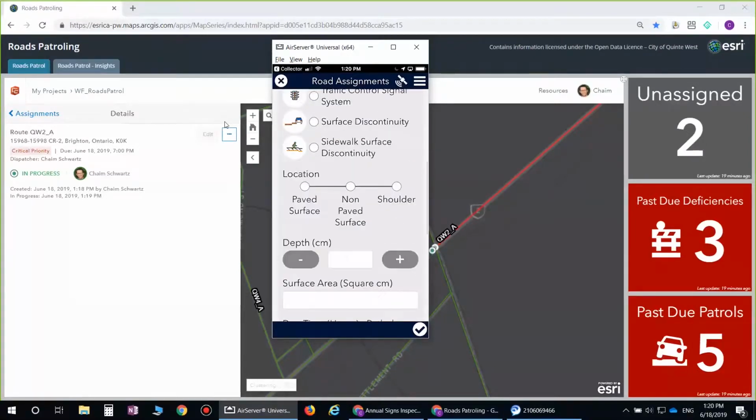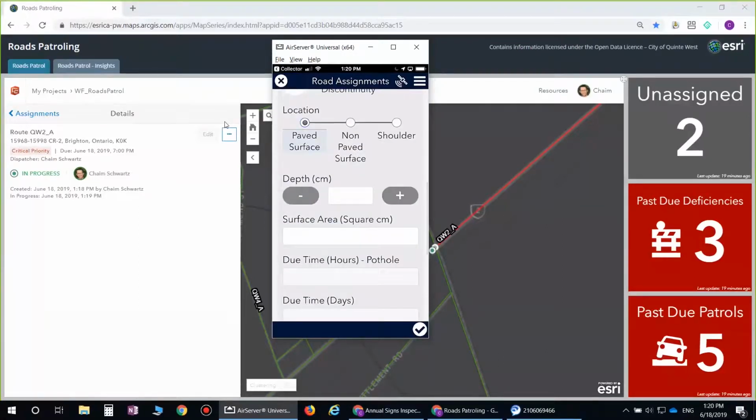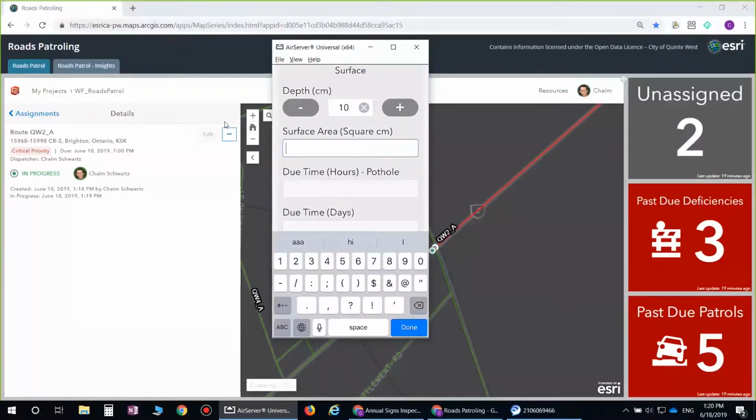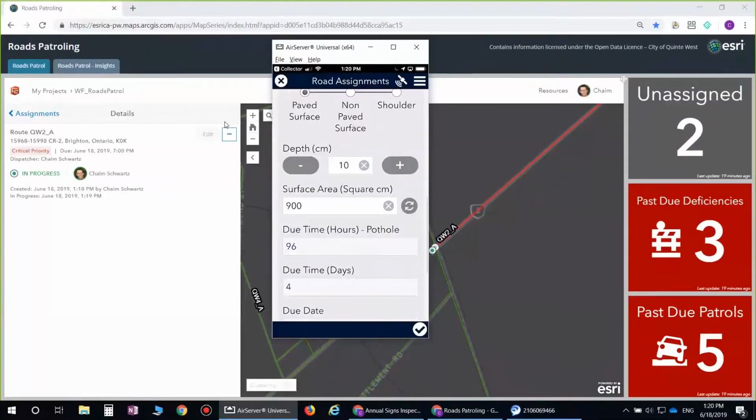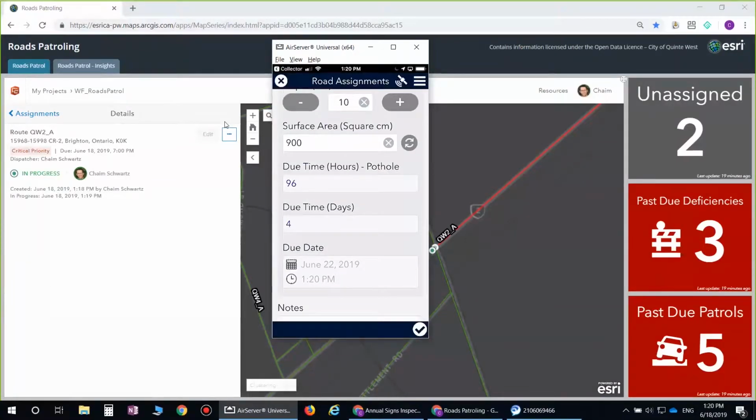And then I have a specific set of questions for the pothole, right? So the location on the right-of-way is on the paved surface. The depth of the pothole in centimeters. Let's make it 10 centimeters, and the surface areas. This is all information required to schedule the due date. Let's make it 900 square centimeters. And with this information, I have a calculated due date in 4 days, or more accurately, 96 hours on June